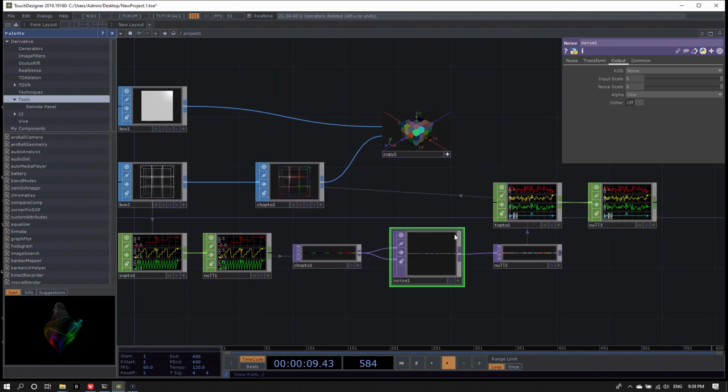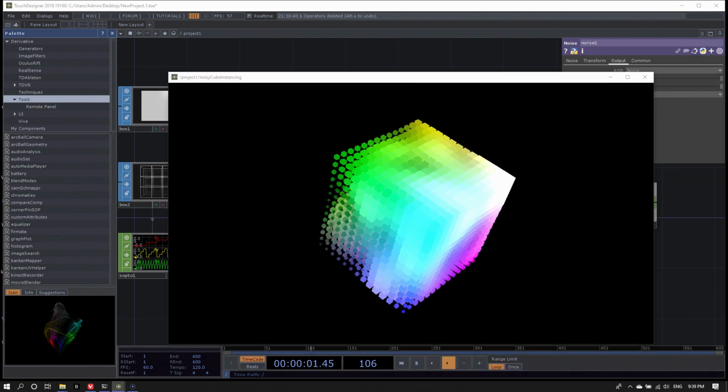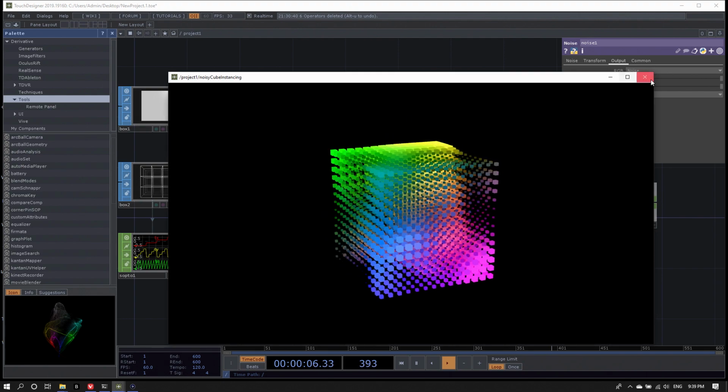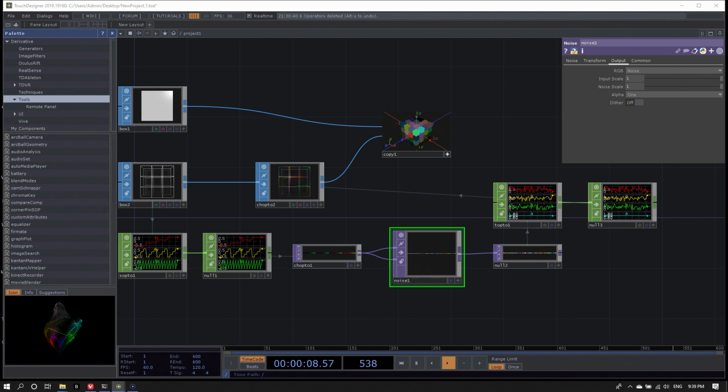Okay, and this is still good, but let's do what I have in my little component that I showed you earlier, just as a reminder of what it did here. Let me turn playback on. So the noise was moving through this box. And to do that, I animated the noise. And you can animate the noise easily on the transform page of the noise TOP. You have the translate X, Y, Z.